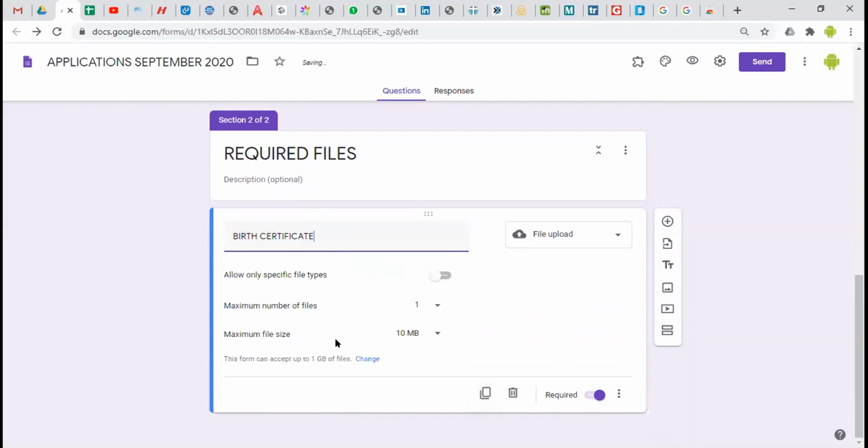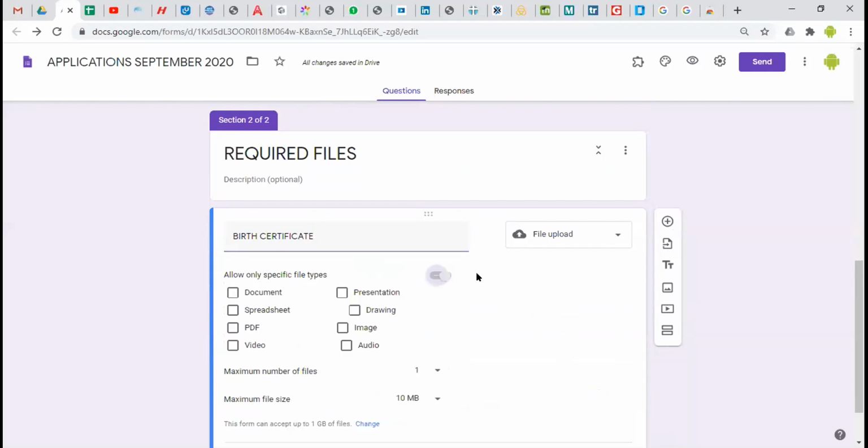Yeah, it is important. You can limit the size, or you can have it the way it is. You can specify the file type so that people don't attach maybe viruses. So you can be able to control that. So you say it is either a document or a PDF or an image.